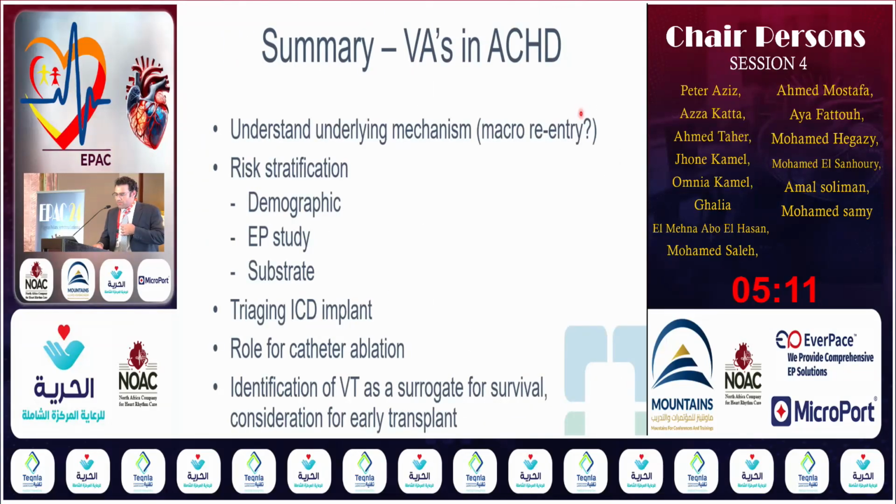And so in summary, ventricular arrhythmias in adult congenital heart disease, but specifically in tetralogy of Fallot, it becomes important to understand what the mechanism of ventricular tachycardia is, to have some sort of an algorithm or a framework for risk stratification, whether that's the demographic information of the patient, considering the role of EP study prior to pulmonic valve replacement, whether surgical or percutaneous, triaging ICD implants, and then also understanding the role for catheter ablation in patients who have scar-related VT,